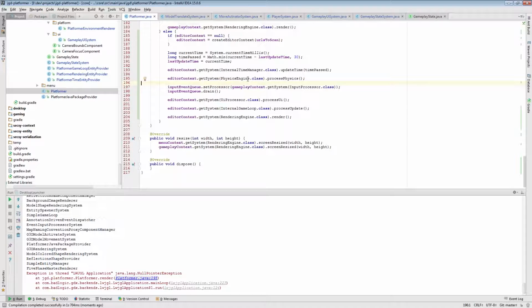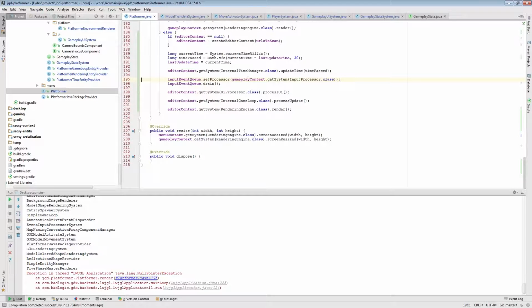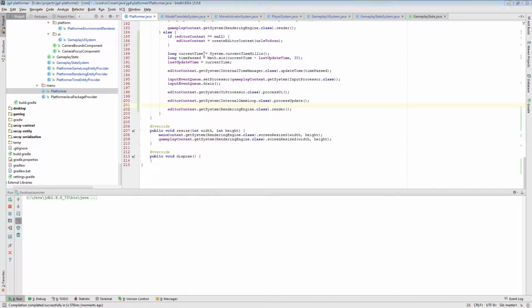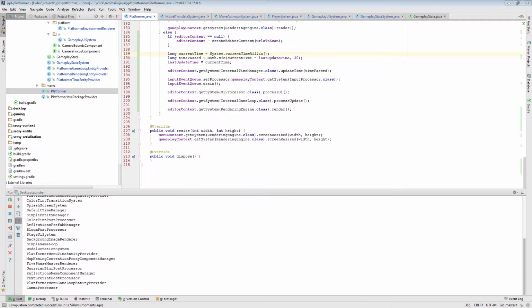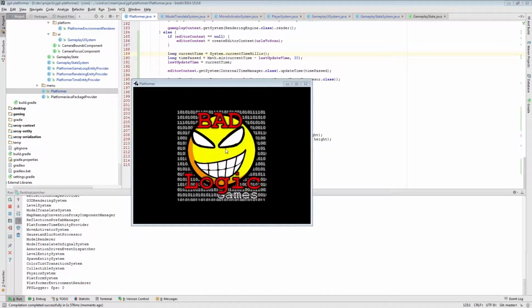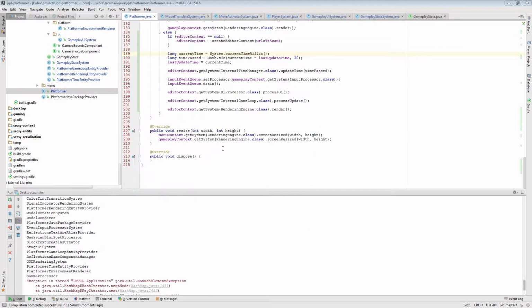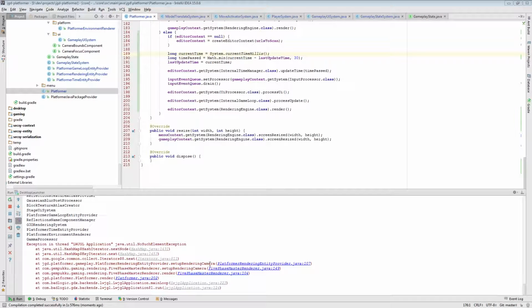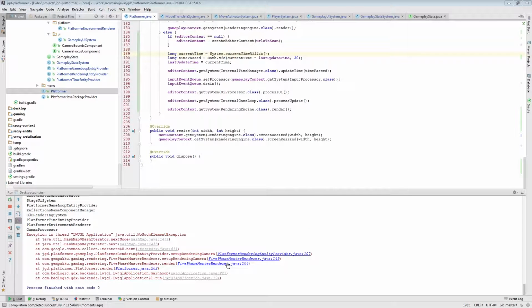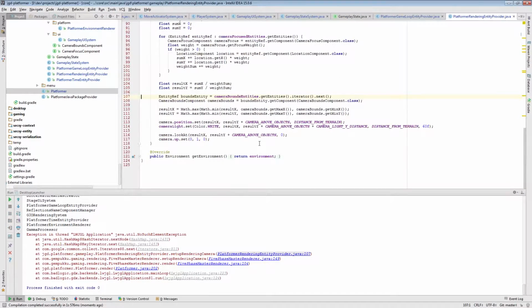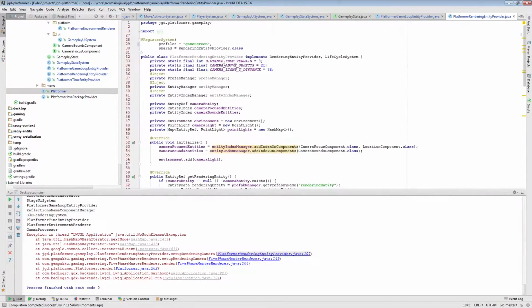Physics engine is not in the editor. We'll have this, we'll have UI, we'll have rendering engine, so everything else. I think that should be it. Let's double check. Okay, still not there. The rendering entity